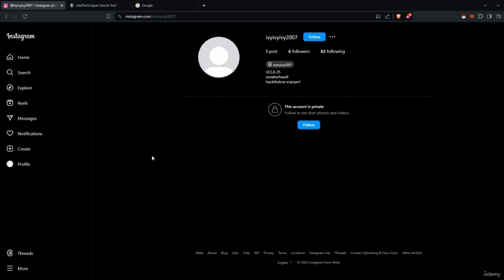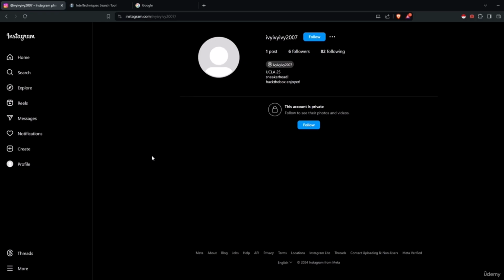First off, to see the content on the platform, you need a profile. I recommend setting up a burner account, as in case you interact with the target by accident, it would be a giveaway that someone is onto them. Once you are logged in into an account, go to their profile, and in our case it will be a fake profile named Ivy 2007.